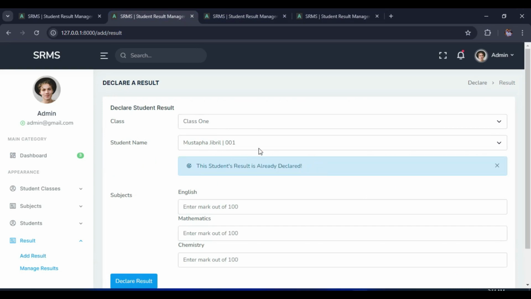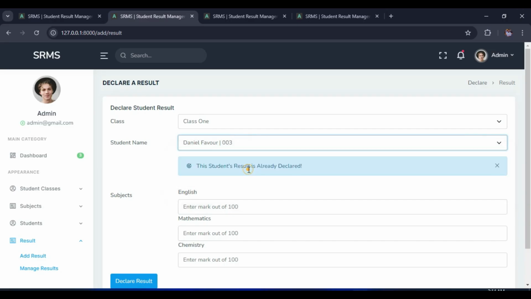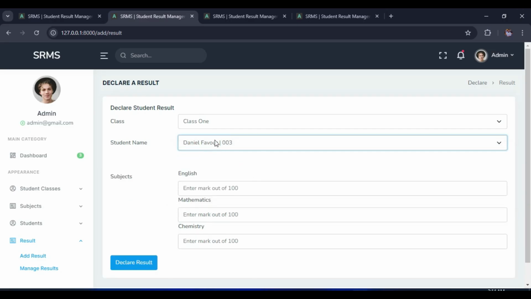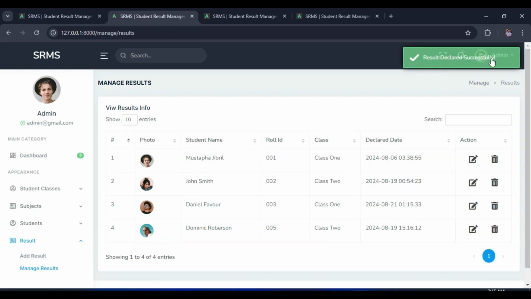So let's actually go ahead and select another student that his result is not declared. Let's say for instance roll ID 003. Alright, this student result is not declared. So now we can go ahead and enter his marks. Let's say for English he has gotten 56, for mathematics 45, chemistry let's say 65. Alright, now let's go ahead and say declare result. Alright, as you can see now, result declared successfully,